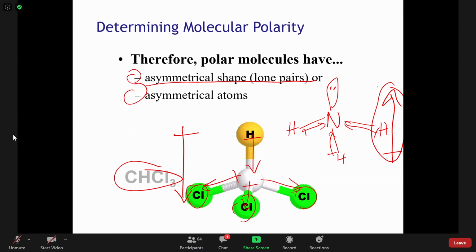So overall dipole moment for NH3 is going to be pointing upwards as I've drawn this molecule. And here, because of these electronegative Cls, it's going to be pointing down. But you can think of both of these as the tetrahedron itself is a symmetrical shape, but it becomes asymmetric when we start including lone pairs or we start varying the atoms that are bonded to our central atom. However,